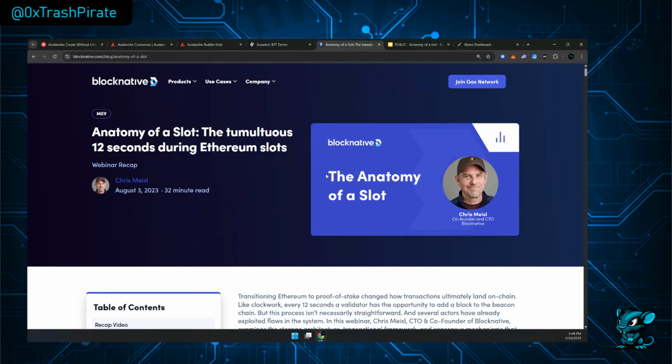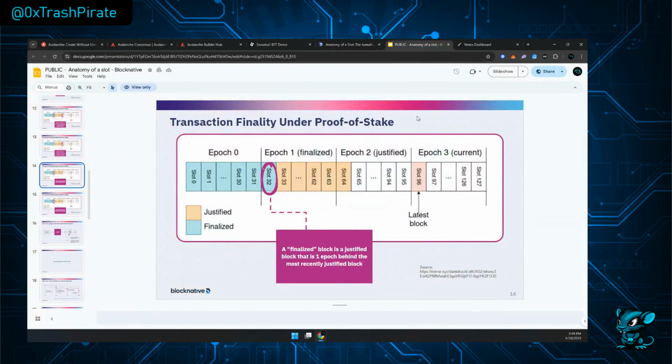It's very informative if you want to learn more about how consensus is reached on Ethereum. But I'm just going to talk briefly about how transactions are finalized or confirmed on Ethereum, to then compare it to Avalanche. So on the consensus layer in Ethereum, everything is